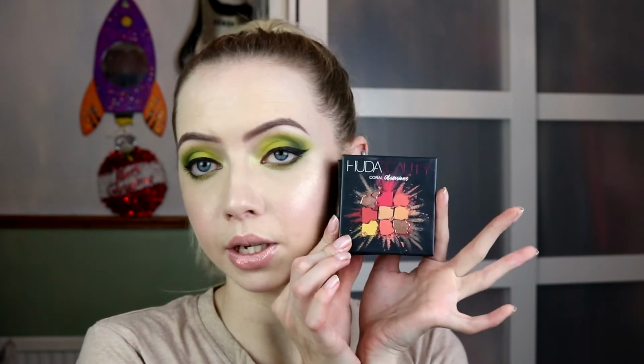These are the Huda Beauty Obsessions palettes, and obsession is right, I am obsessed with these. So these, I've got 4, and I've got the Coral, Smoky, Gemstone and Electric. I will say the only one that I don't reach for as often, and I still love the colours that are in it, it's just I don't reach for it as often,